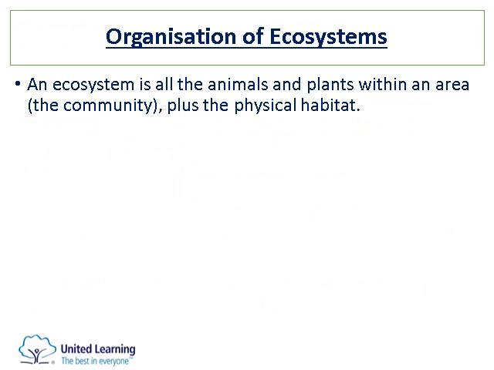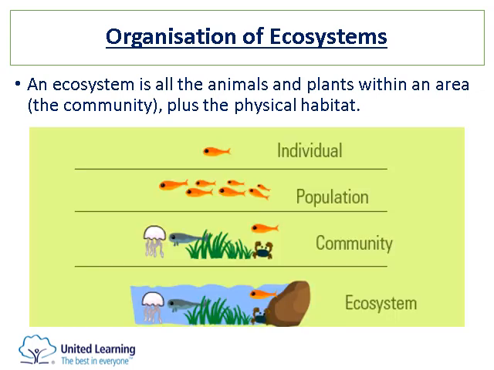So going on to new content, an ecosystem is all of the animals and plants within an area, so that we call that the community. But an ecosystem is the physical habitat as well. So talking about the rocks, the mud, the sand, the air, everything that is surrounding these living things that is not necessarily alive itself. So using the diagram, we can see that an individual, being a fish,